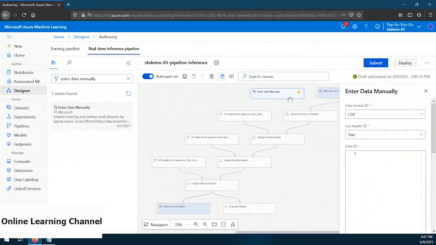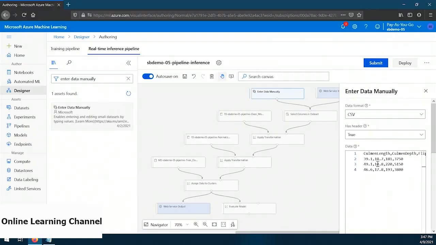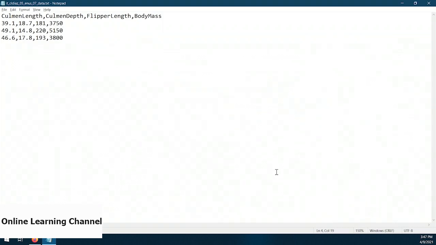And now let's connect it to the Select Columns and Dataset module. Now you notice that there's a warning symbol on this module, and that's because the module hasn't been fully configured yet. So let's do that. Let's make sure that it's selected so that we can see its configuration in the right-hand panel. Now I'm going to copy and paste some CSV data into the data box here. Don't worry, I'll include it in the description so that you can use the same thing. Now it's worth noting that in this dataset that I've just provided, there's no species column like there was in